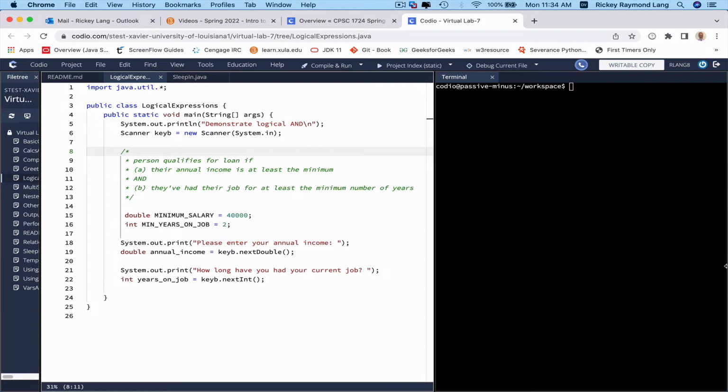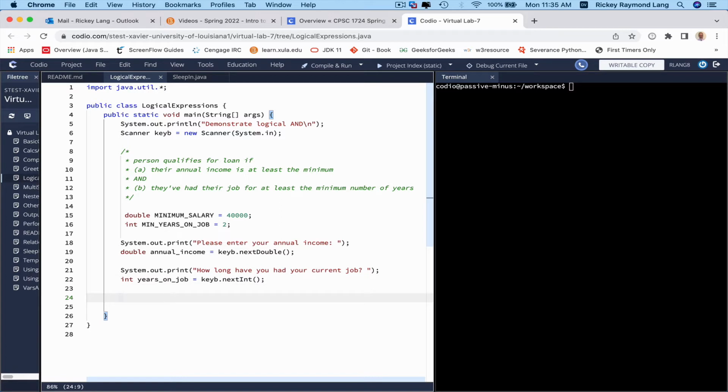Suppose a person qualifies for a loan if two things are true. Their annual income has to be at least the minimum, so we set up a minimum here. And they've had their job for a minimum number of years, so we set up a minimum number of years, like so. The program then asks for that information, and we want to combine the two conditions into a single